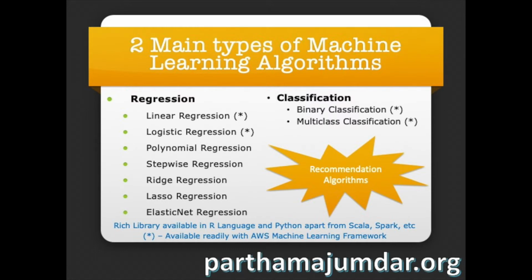machine learning algorithm. Now to develop these algorithms, one may use rich libraries already provided by R language or Python or even Java, etc. Or one may consider programming using platforms like TensorFlow, Spark, etc. Also, a number of these algorithms are already present in various web services which are available. For example, in Amazon Web Services machine learning framework, there is a ready-made algorithm for linear regression, logistic regression, binary classification,